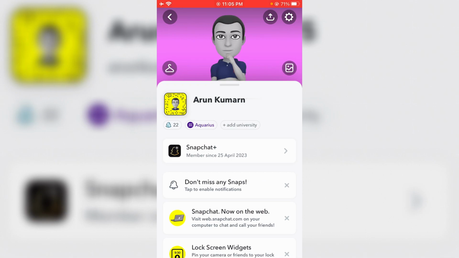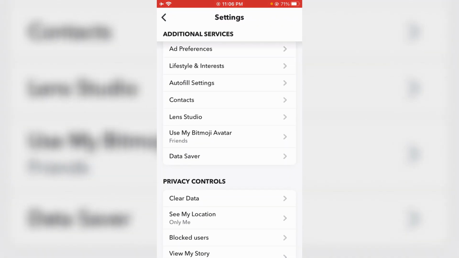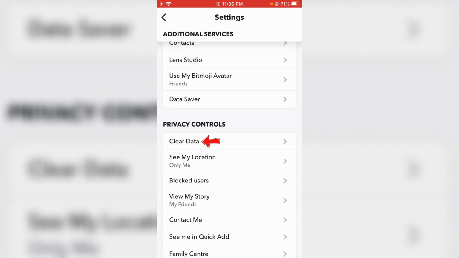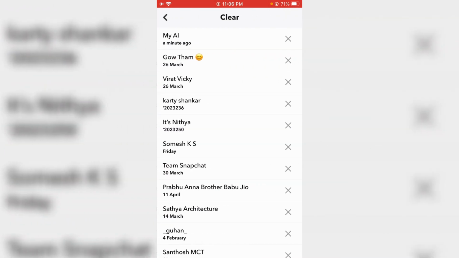So next method, you can go to your profile section. Here you can press this gear icon, scroll down, and click to access clear data, and it shows lots of categories. Here I select clear conversations, and first it shows that My AI.